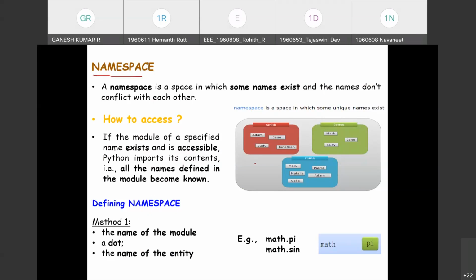Traditional programming like C may not support this kind of similarity; if the same names exist in different locations, there will be a conflict. But with the help of object-oriented principles, polymorphism, inheritance, this namespace can be used to accept names which exist in different locations.